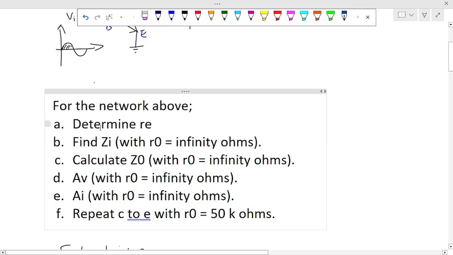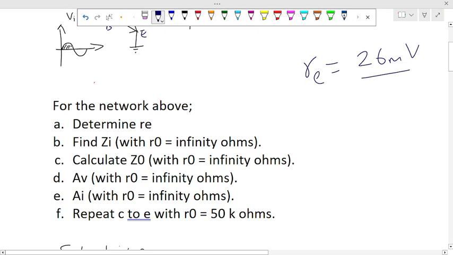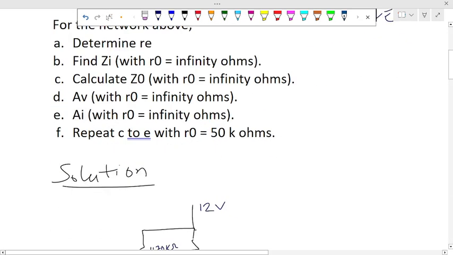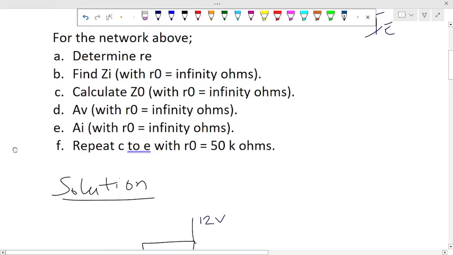So let's deal with question A. We are asked to determine RE. What is RE? We said in the previous video that RE is the same thing as 26 millivolts over IE. We said this in the previous video, and we have it here in our solution. Let me just work with our solution. Now, if you look at this problem, you see